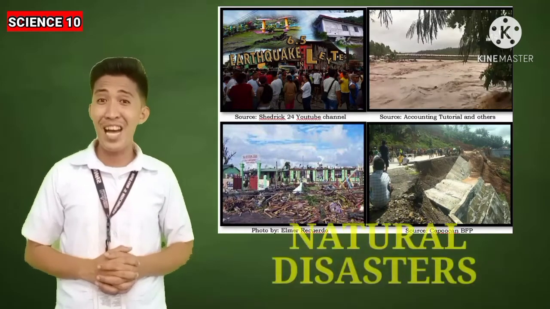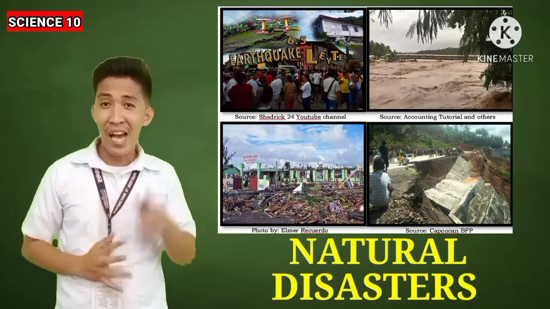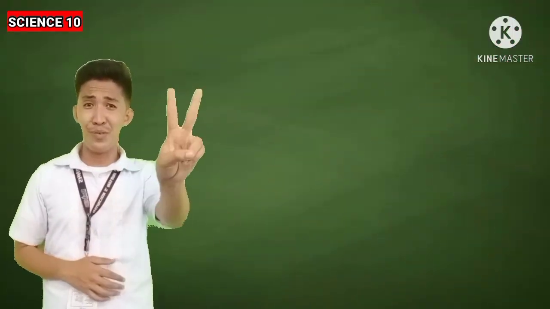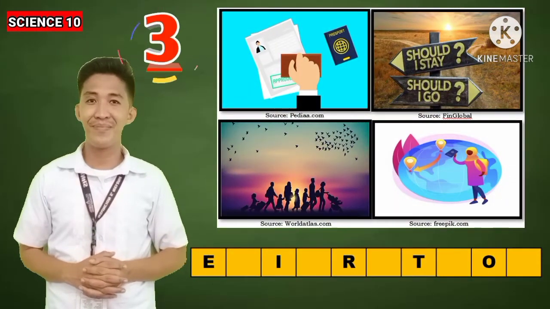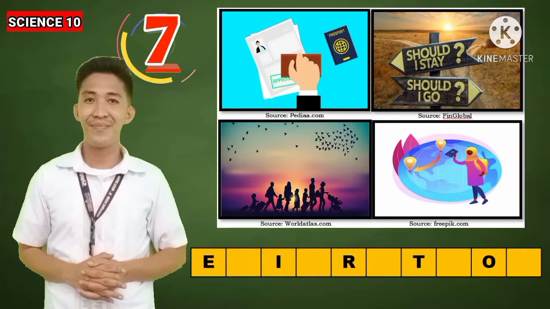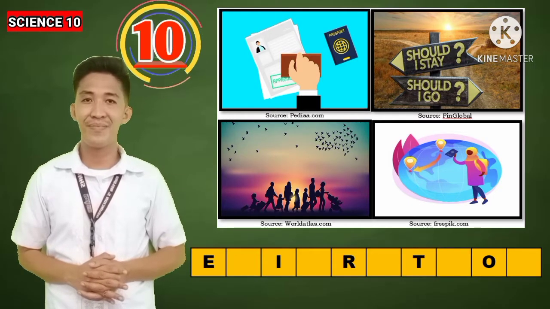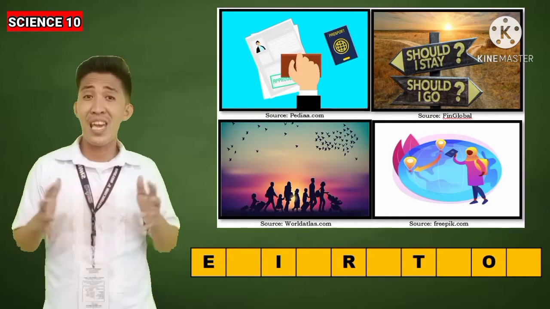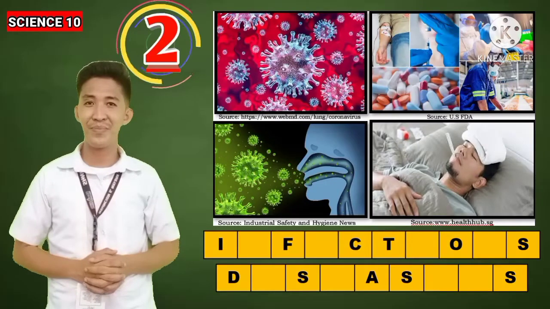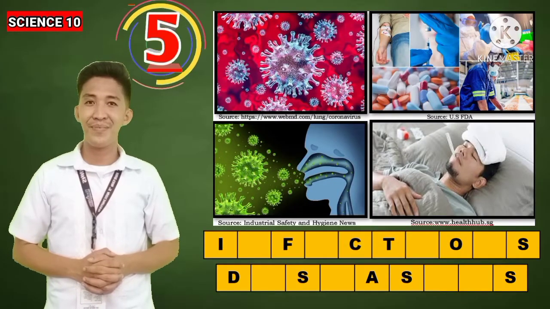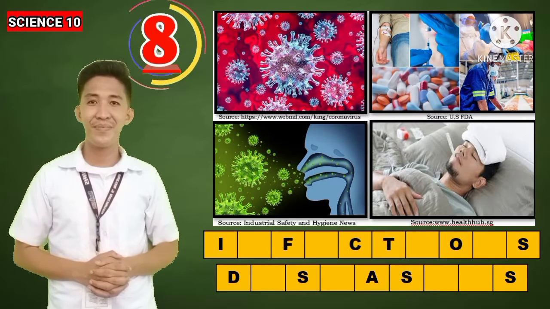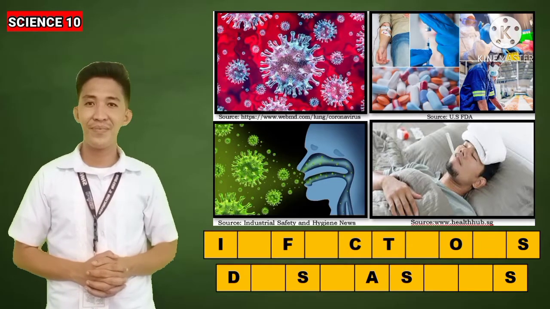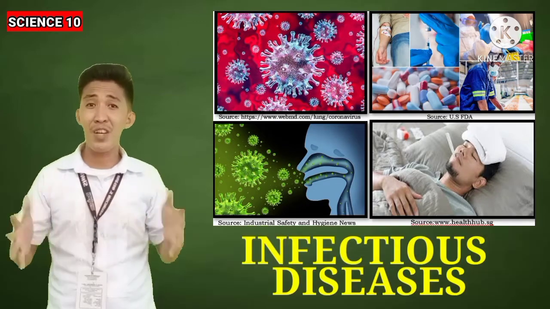If your answer is natural disasters, well done! I commend you for your quick thinking. Let us have puzzle number 2. Right! The correct term for these pictures is immigration. Let us have puzzle number 3. If your answer is infectious diseases,